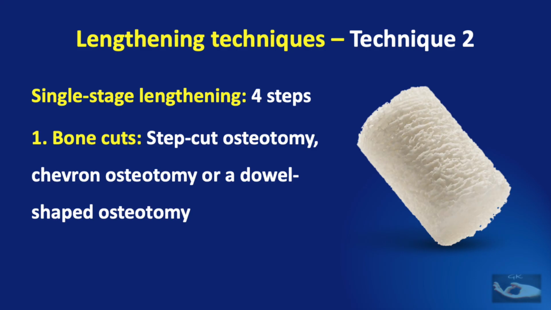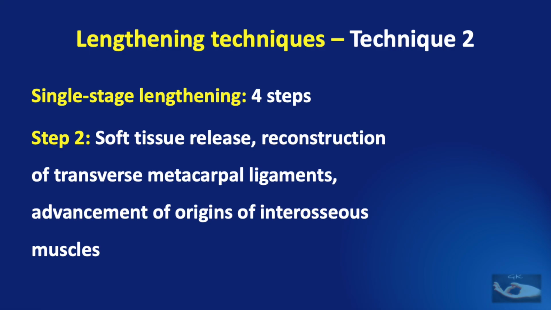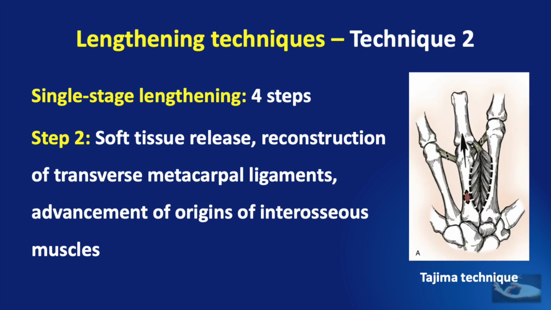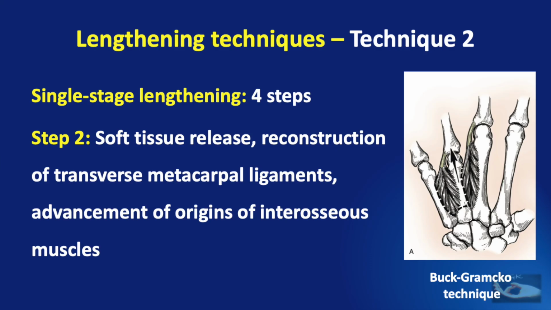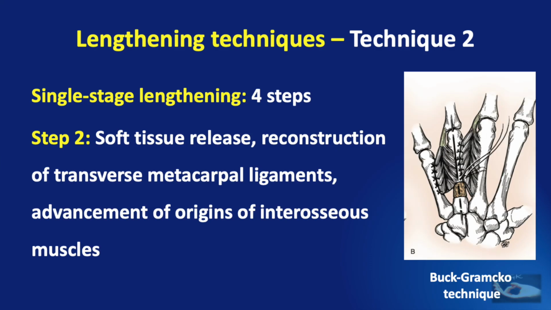form of a cylinder. After the bone is cut, the second step of soft tissue release, reconstruction of the transverse metacarpal ligaments, and advancement of the origins of the interosseous muscles needs to be done. This can be done by the Tajima technique, where the entire dorsal interosseous muscle and the volar interosseous muscles are released from one side of the involved bone, or the Buck-Gramco technique, where the incision to release the muscles is